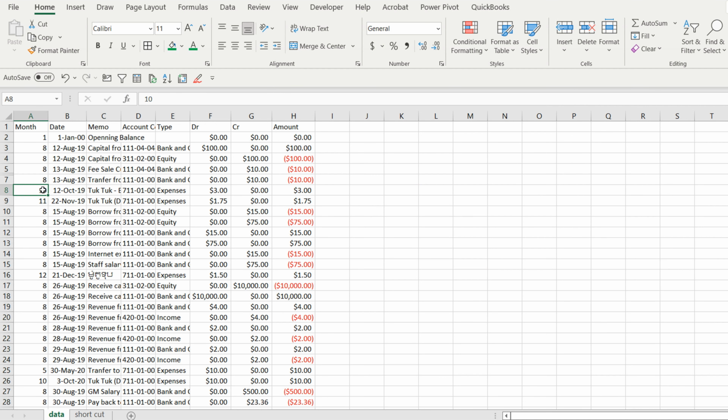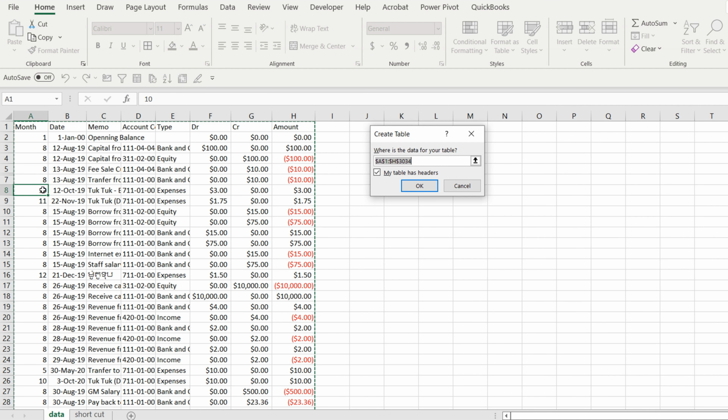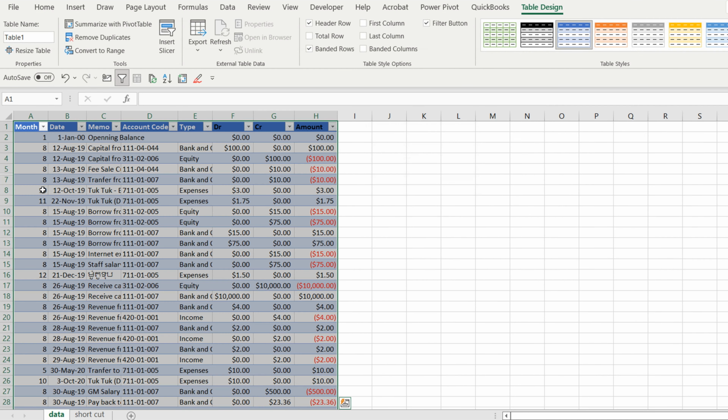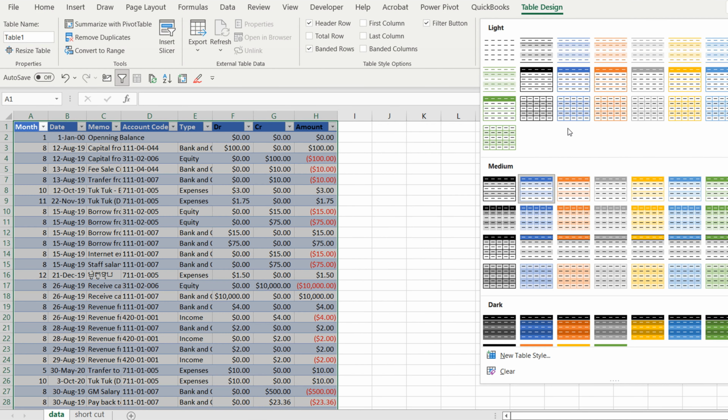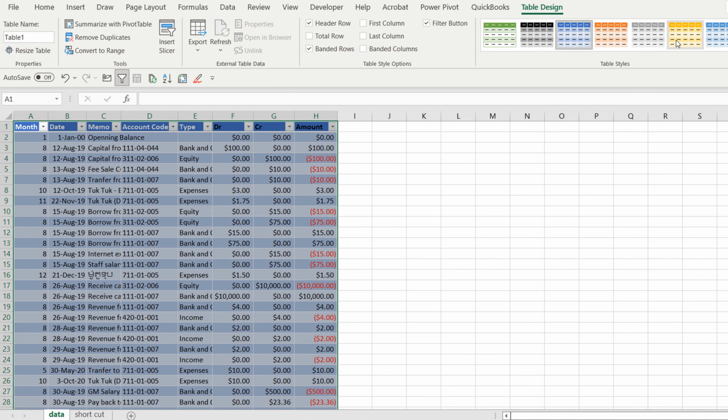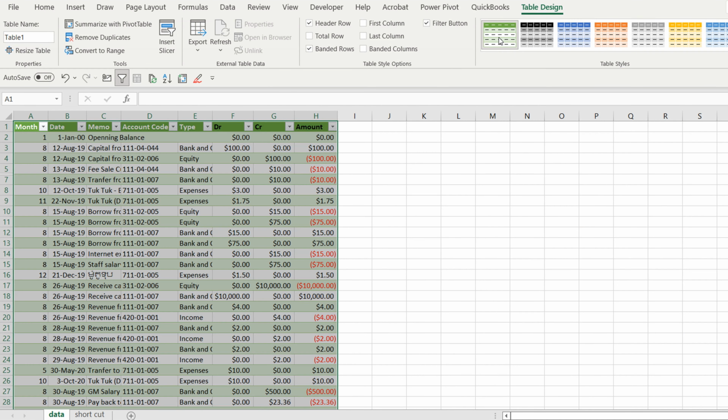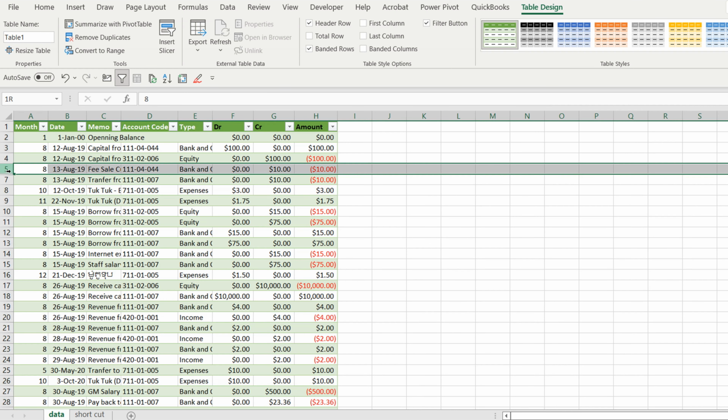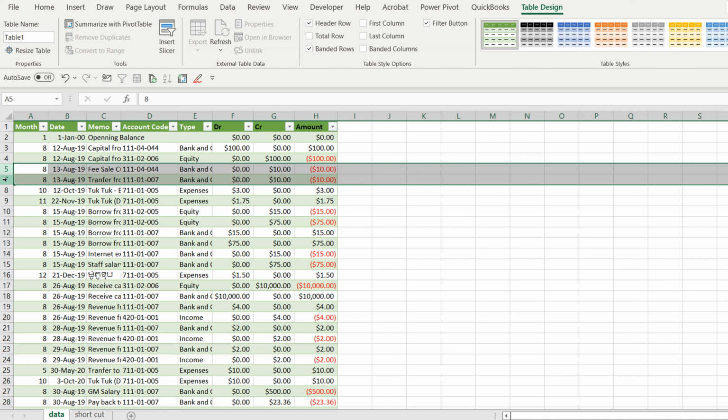We can select the entire sheet and use Ctrl T to create a table for our data, for convenience. We can change our format right here. As you can see, here there is one row that is high. We can select it with our mouse here and press Ctrl Shift